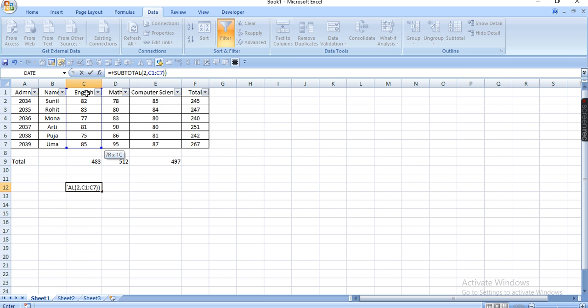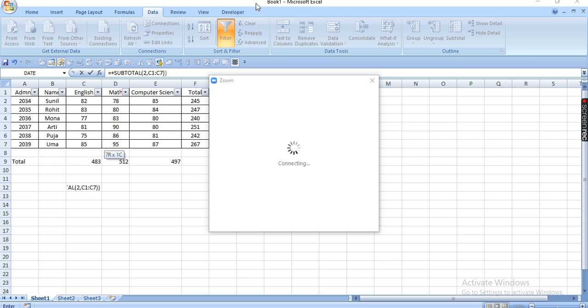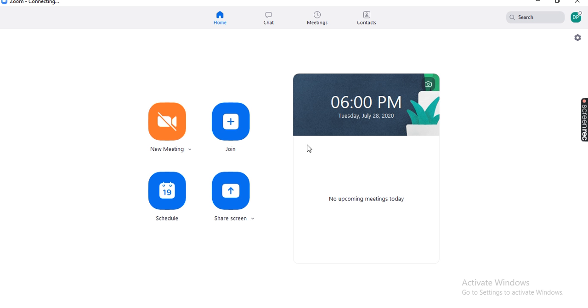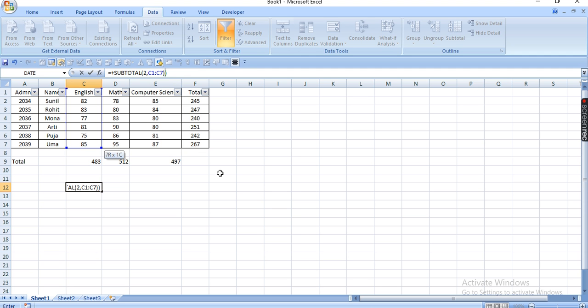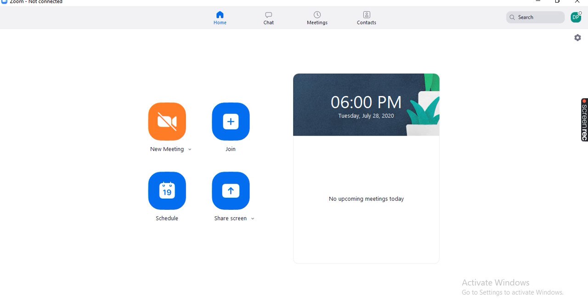Total column number is 7, and it is still giving the same value.